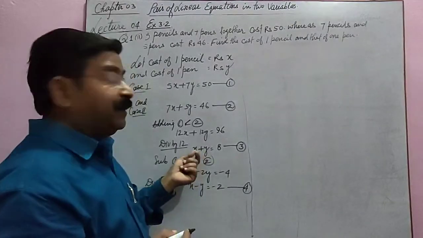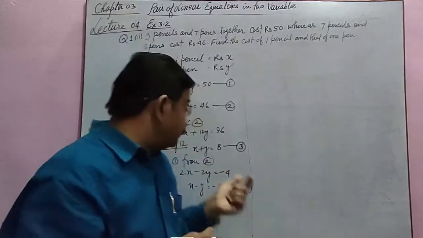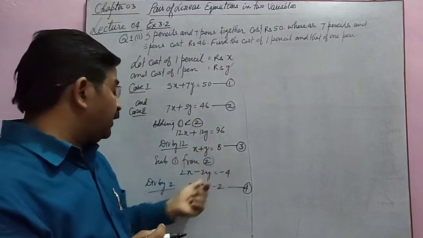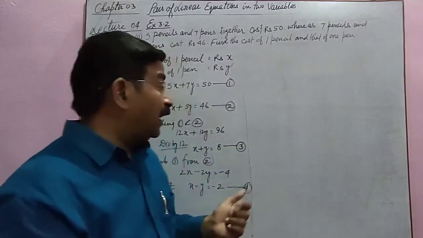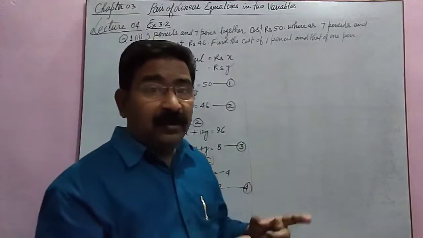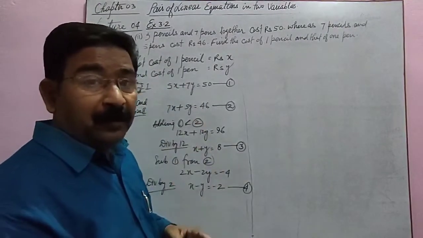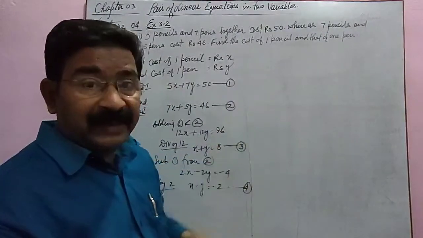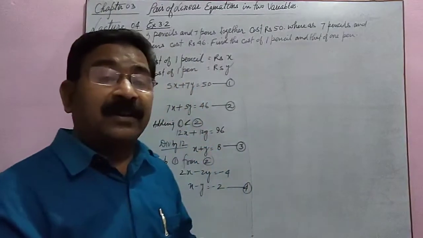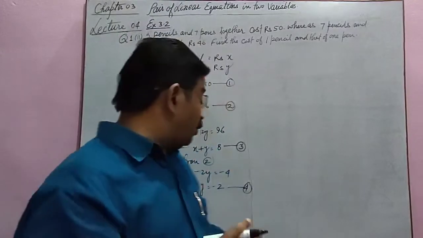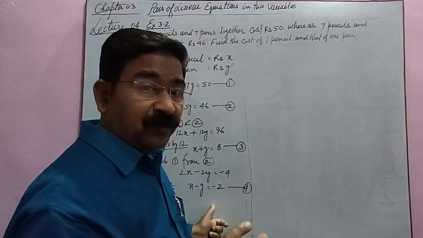Now you have to find the point yourself this time. Very simple equations. You know how to plot the graph. Let's see, x plus y is equal to 8, x minus y is equal to minus 2. You will find 3 points for every equation and plot the graph, wherever the two lines intersect each other, and you will draw the perpendicular from the point to the axis and count the number of divisions on x-axis and y-axis. That will be your answer. So you can draw the graph of this equation yourself. Is it okay? I am leaving this question for you.